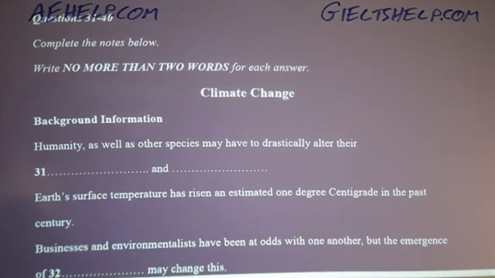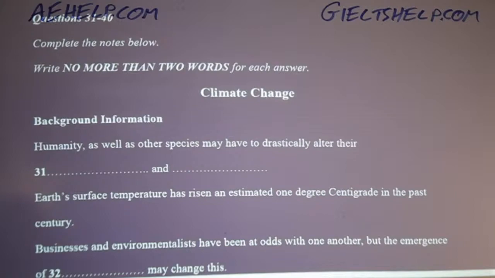Hello class, hope you all had a good weekend. Today we will be talking about climate change. Life on Earth is going to have some adapting to do if climate scientists are correct with regard to their predictions of the Earth's rising atmospheric temperature. Humans and animals alike may have to change both their habits and habitats.